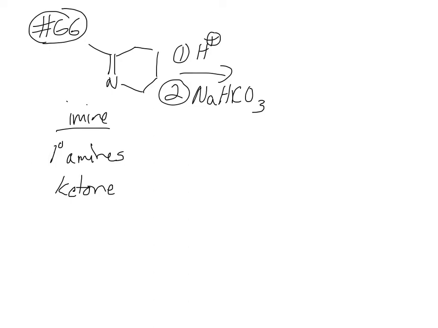If you looked right here, this carbon was where the C double bond O was. And if you look, this is a carbon and that's a carbon, so you had to know there. If you broke an imine in half, there is where it would be. There would be a ketone. So the product of this